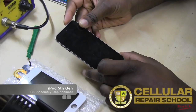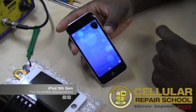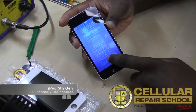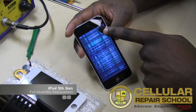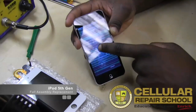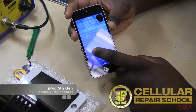So we just want to check our device. What you can see here on this particular device is that the screen is fine. The digitizer works well. There's nothing wrong with the digitizer. It's the LCD that is damaged. Up here, you have this little ink blot where it bled, and you can also see where the screen is doing the matrix pretty much. So what we're going to do is just make sure that